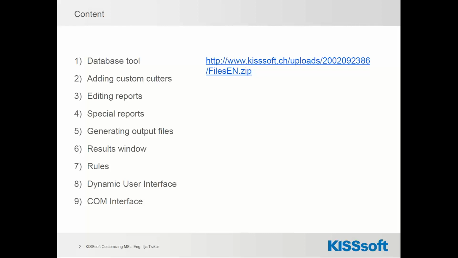Then I'm planning to show you how to edit KISSsoft reports. How can we change them? How can we add parameters? How can we generate completely custom special reports, which will be on top of the standard KISSsoft reports, which you know. Then I would like to show you how we can create custom output files, interfacing KISSsoft data with other